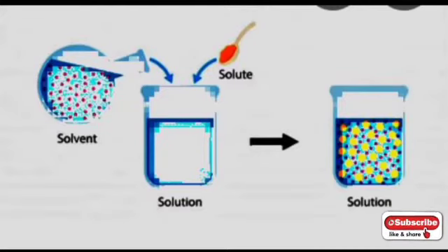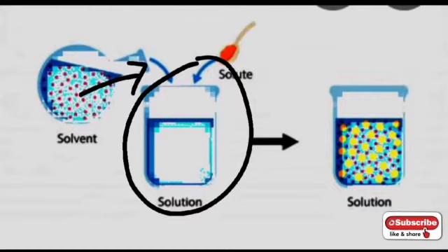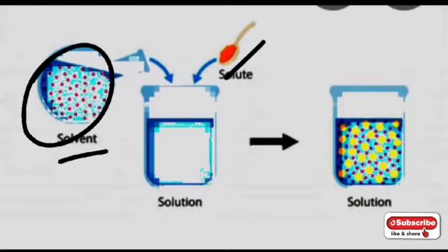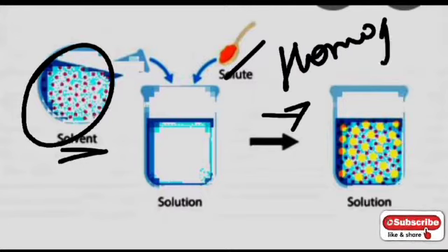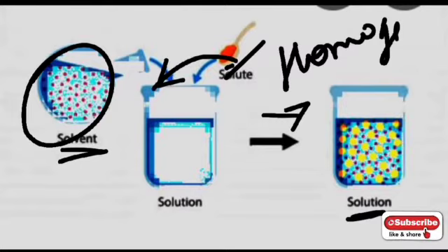Let us try to understand this concept of solute, solvent and solution with a figure. Over here you can see that we have kept a flask, and in this we are adding some solvent and some solute. The solute is smaller in amount, that you can see directly. It is a very small amount, and here you can see a solvent. So this solvent is going to be mixed over here, and we are going to add the solute. By dissolving it, we will get a homogeneous mixture, and that is called a solution. When the solute gets dissolved in the solvent, it will form a homogeneous mixture called a solution.